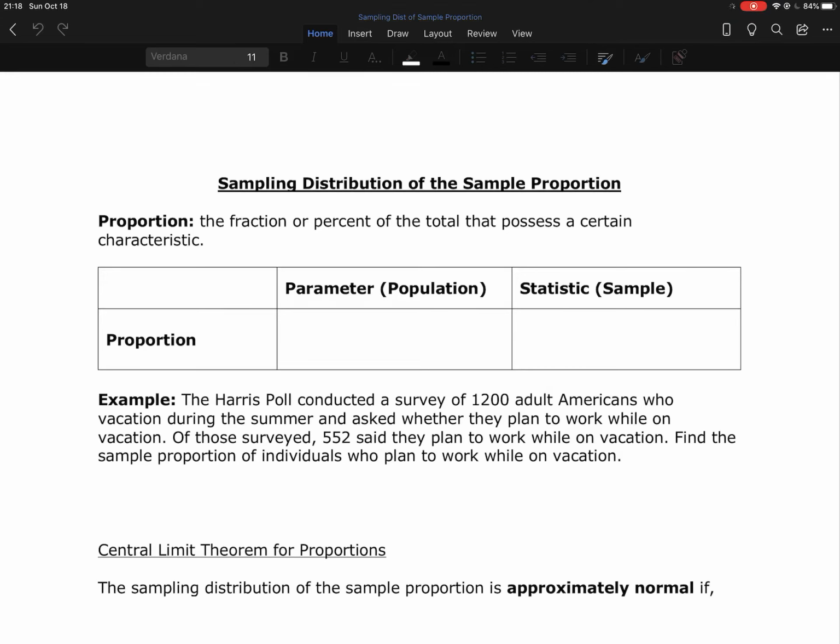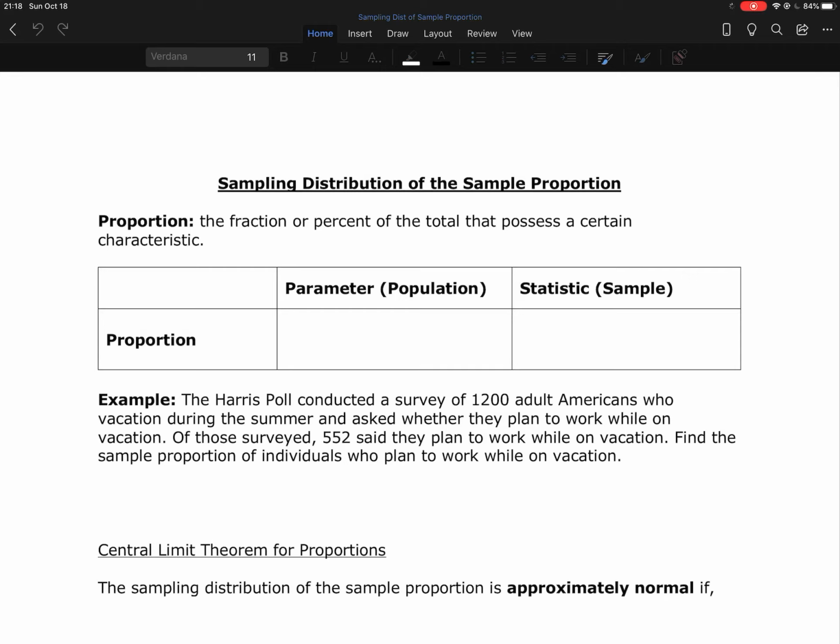All right, time to talk about some proportions. The sampling distribution of the sample proportion. So first, let's talk about proportions in general. A proportion is a fraction or a percent of the total that possess a certain characteristic. So if I say 23% of people have blue eyes, 23% is the proportion that have the characteristic of blue